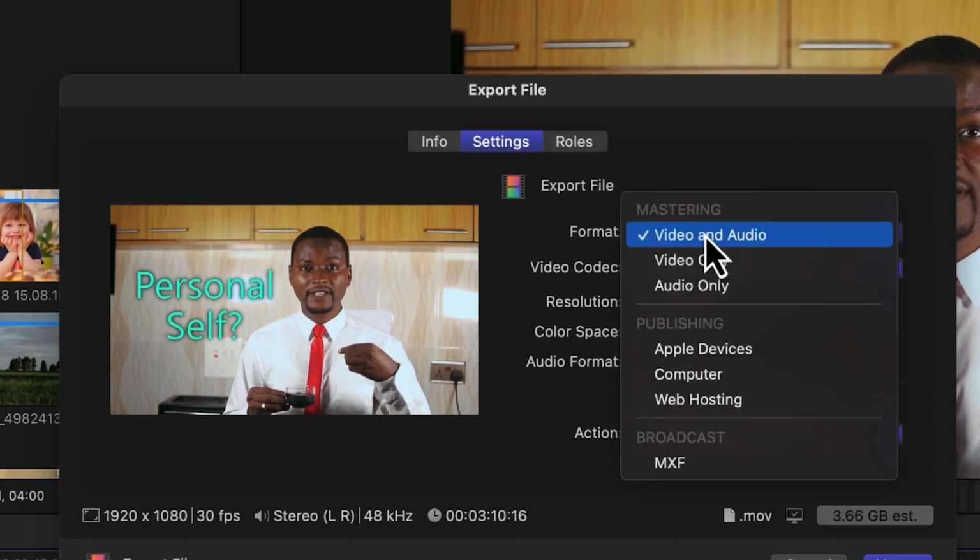Usually if you want to export for your YouTube video, you can always go to Video and Audio, which is the best quality. It's going to give you a very good quality. Except if you want smaller quality, you can go with Apple devices, computer or web hosting. It can give you smaller quality and smaller size videos. And you can export video only or audio only if you want. But for the fact that I'm exporting for my YouTube channel, I usually go for video and audio,